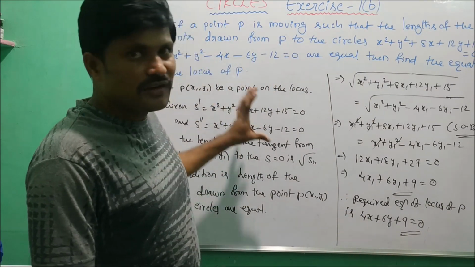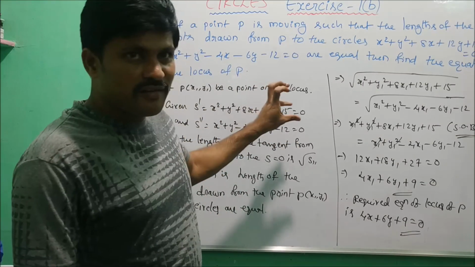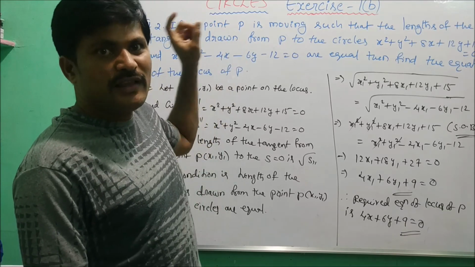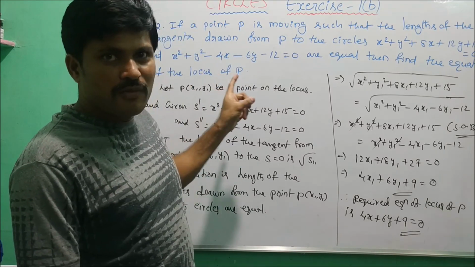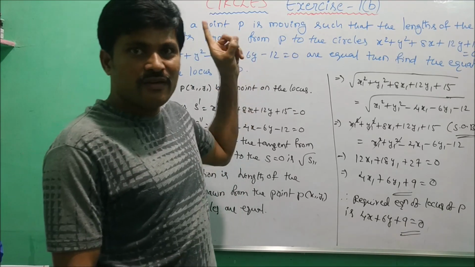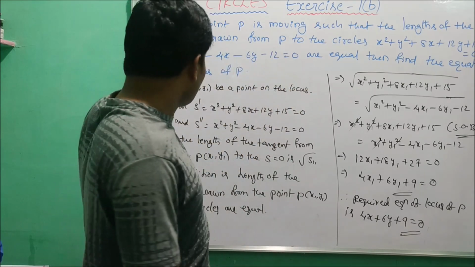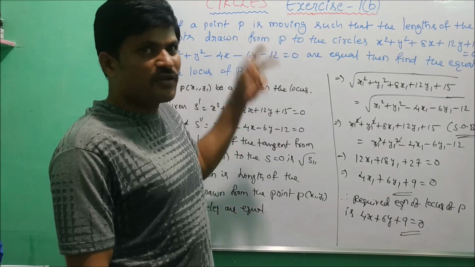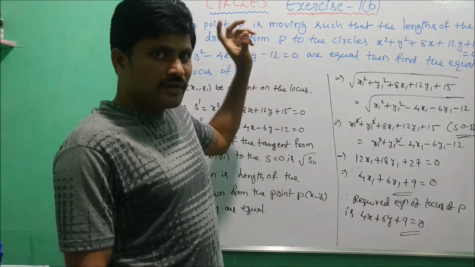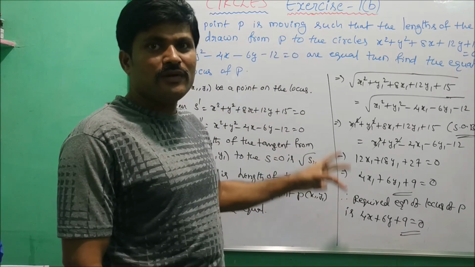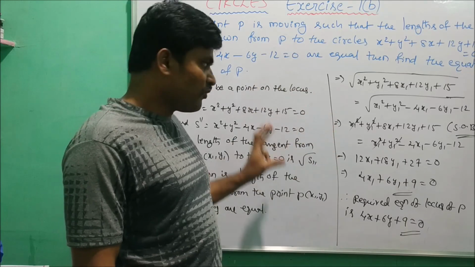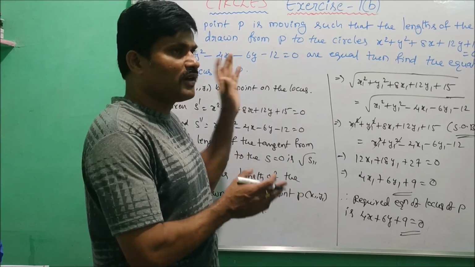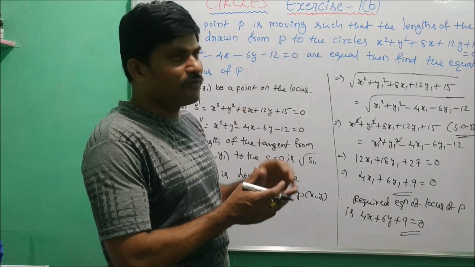So these are all the solutions for the first Roman numeral, power of the point, length of the tangent. In the second Roman numeral, given the length of the tangents, find the constants. In the third Roman numeral, find the equation of locus in both sums. In the first sum, the ratio is given. In the second sum, the lengths are equal. To find the required equations of locus. So these are the solutions of the given problems in exercise 1b.